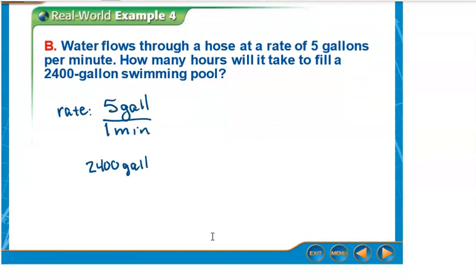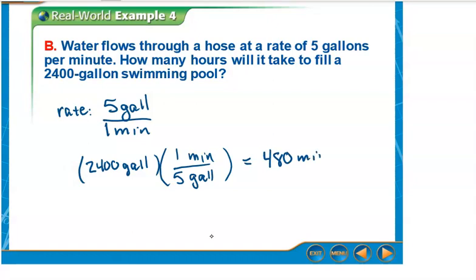All right, so the rate is 5 gallons for 1 minute. We want to fill 2,400 gallons. So I'm either going to be multiplying or dividing by this 5. So I'm going to do kind of a precursor into literal equations. I want to take 2,400 gallons and I want to end up with the number of hours over here. So if I divide this by 5, it's the same as multiplying times 1/5, right? And 5 gallons for 1 minute. So if I just divide that, I end up with